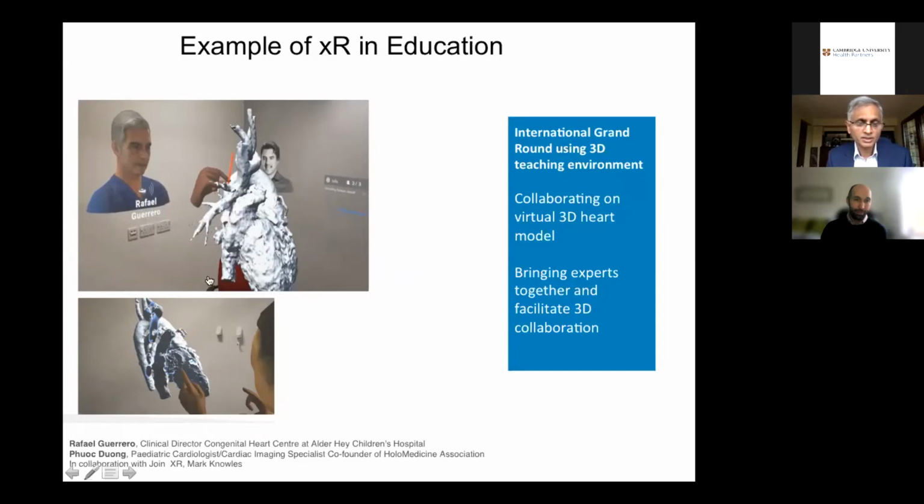faculty can actually discuss it from various locations. So this is an example of a pediatric surgeon at Alder Hey discussing the case and looking at the heart with a colleague in the United States, and determining how the best approach to treat this patient might be. So it both gives you real life images in 3D, but also helps remote consultation and learning with faculty members elsewhere.